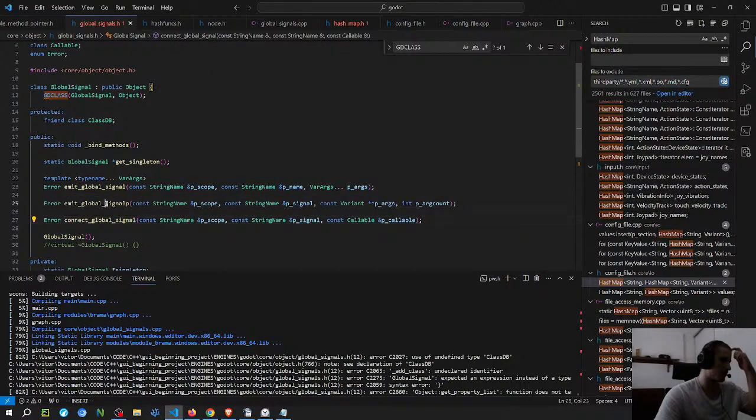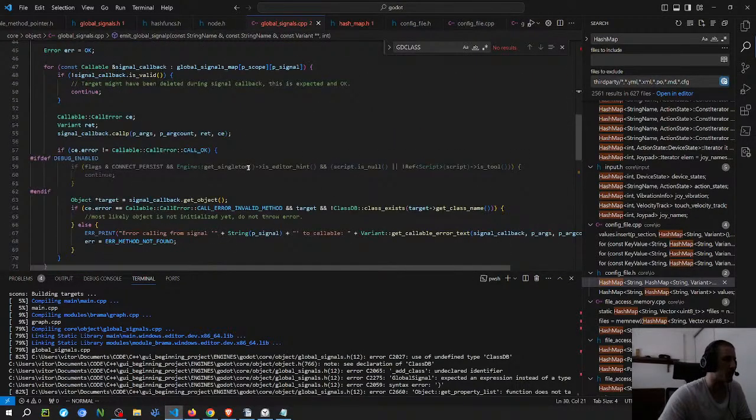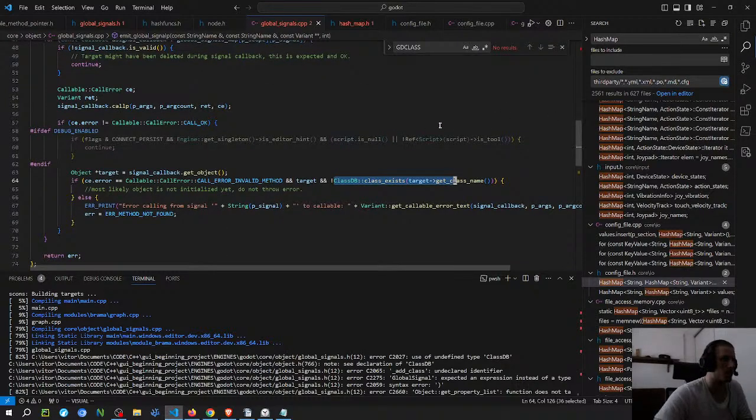Maybe it does. Because the thing is, even if I remove the stuff related to class DB, which is just this thing here that I copied from the other one, not really sure if I'm gonna need it at some point. Because maybe at some point I'm gonna try to integrate this with the scripting languages as well. So the issue is that I'm gonna use the macro, but then I have to use the front class. But the definition should be coming from the object.